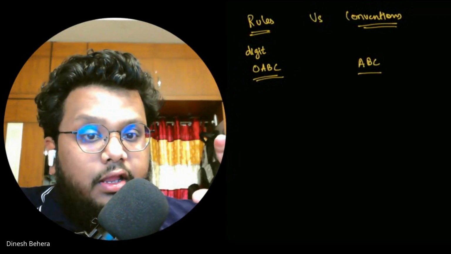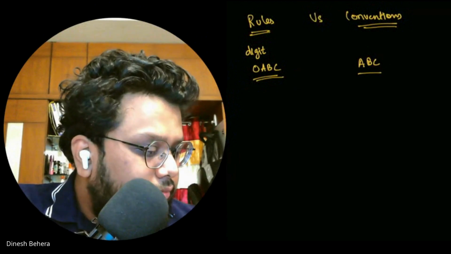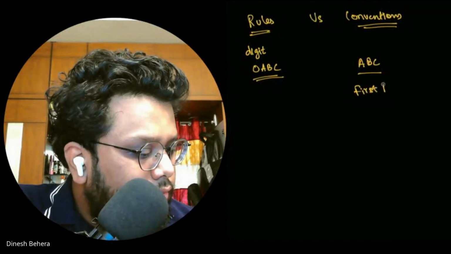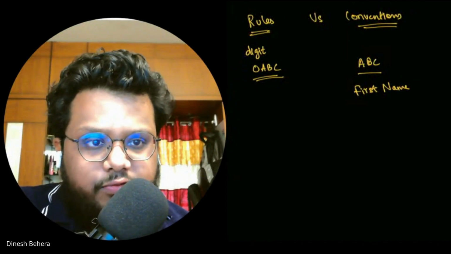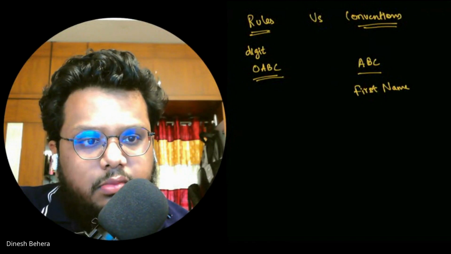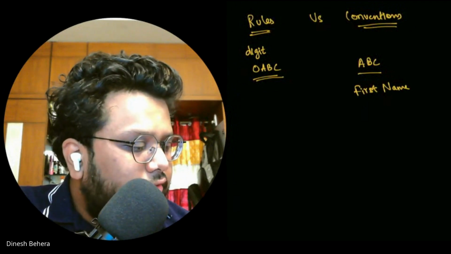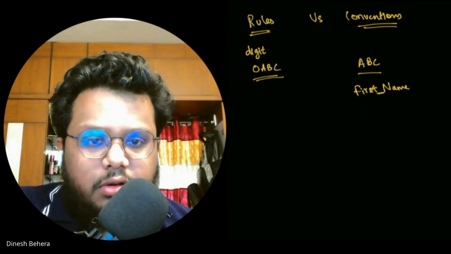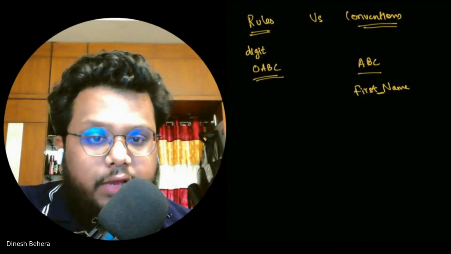But what if what we are writing is a combination of two words, right? For example, let me say first name. Now this is a very correct variable name as per the rules. But as per conventions, they will always ask you to use, instead of a space, a sort of subspace kind of thing, right? I forgot what to call this one, but so underscore.